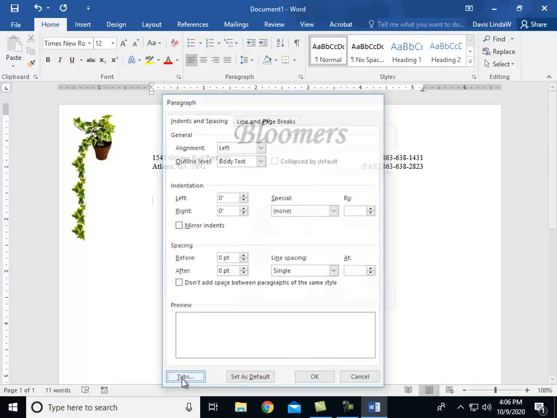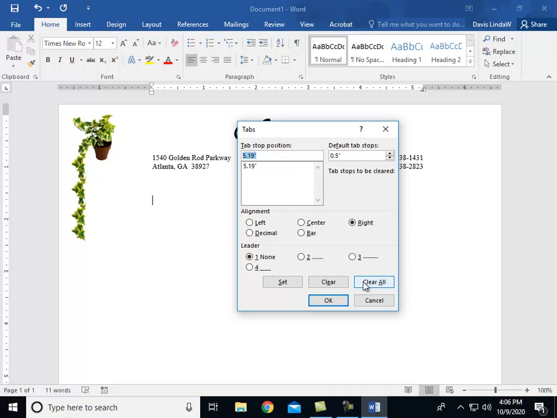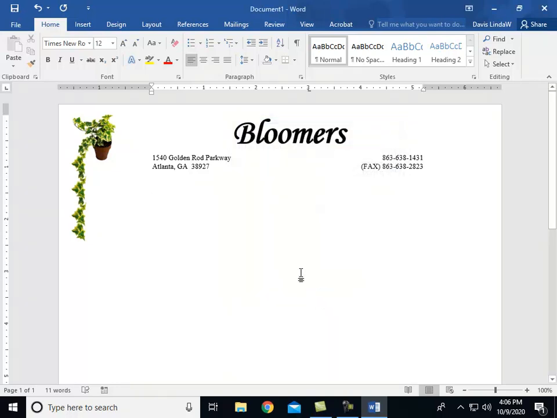lower left corner. And I'm going to clear all my tabs, clear all, and I'm going to put a new one in there, 3 or 3.0, and this is the left tab, so make sure it's left. Then set, then OK. Now hit tab on your keyboard. That should put us right there at 3 inches over, which it does with our cursor, and we're going to